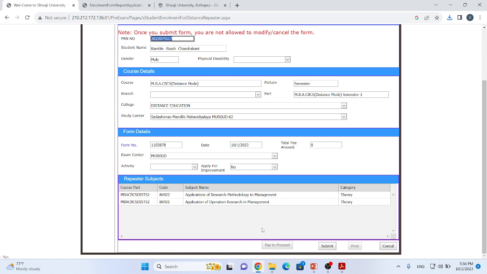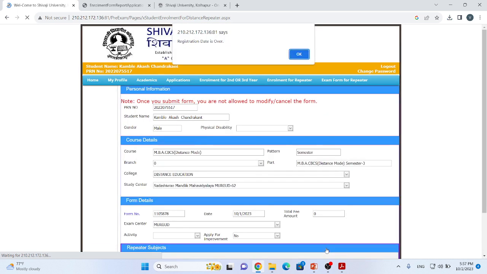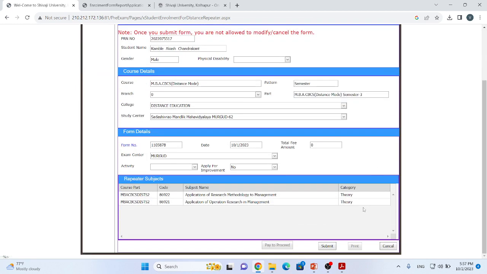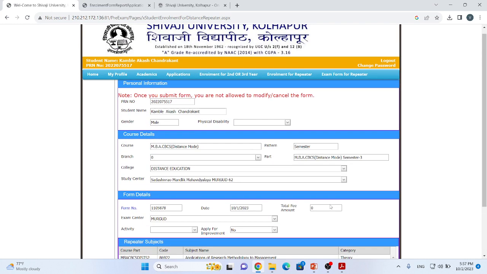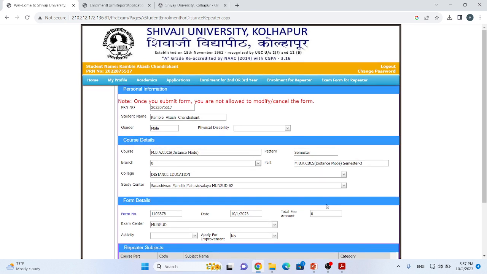You just have to click on the edit button and tick that subject to finalize. Later I will submit this form. You will find another form generated for the repeater purpose.